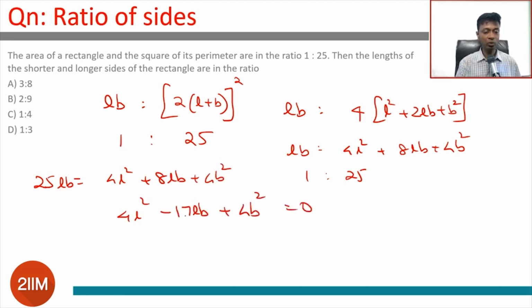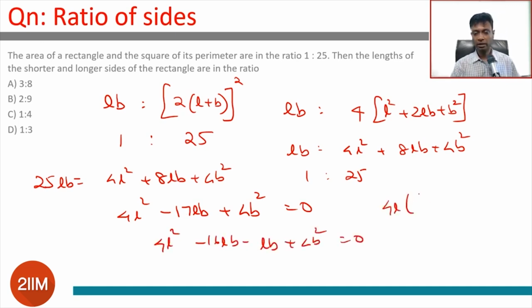17 can be split as 16 and 1. We're going to get a ratio 1:4. And so 4L square minus 16LB minus LB plus 4B square is 0. 4L into 4L minus 4B